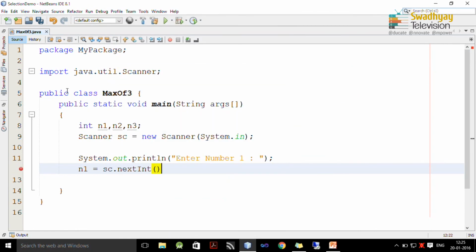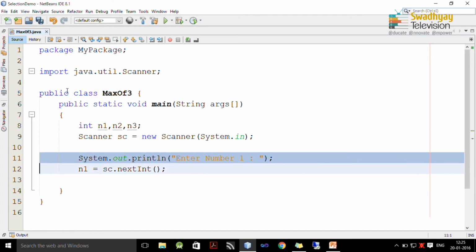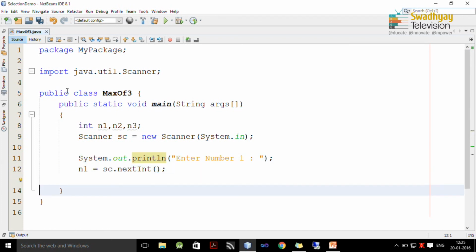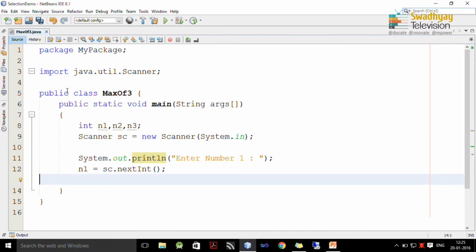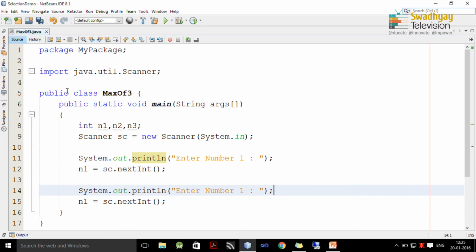We already discussed this method. This method will read data entered by the user and convert it into an integer. Similarly, we can read the other two numbers. You can copy this code by control C and paste it by control V and just change this caption to number 2. Here we write n2.